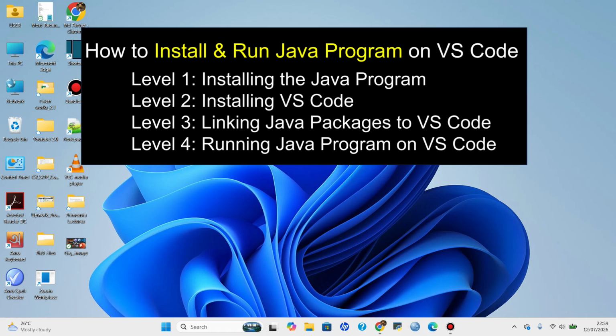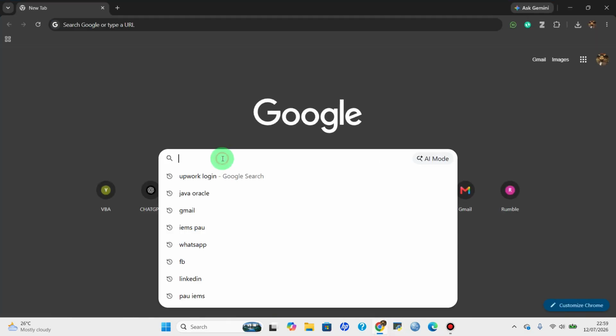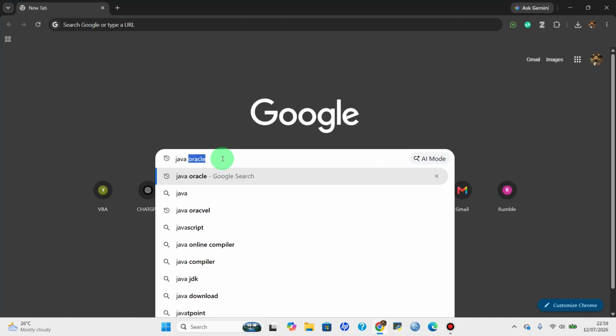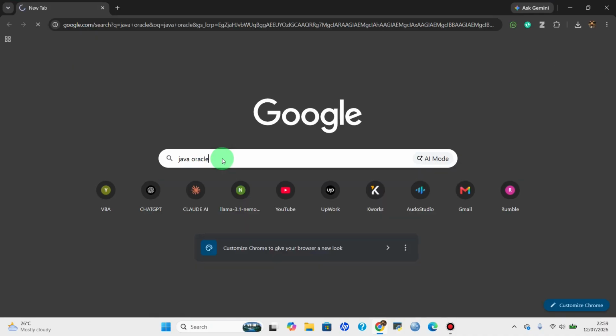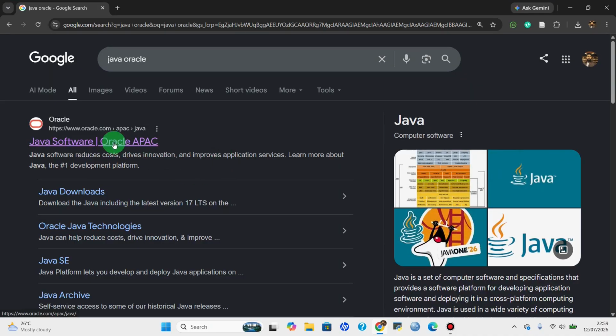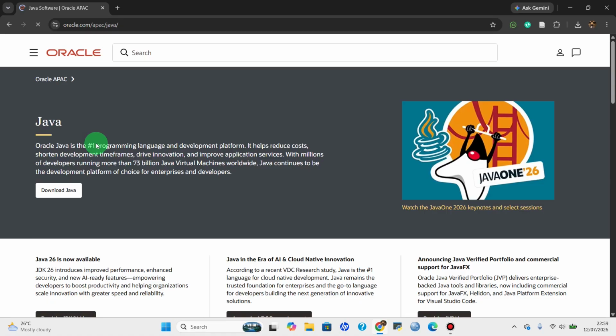Today we'll be seeing how to install the Java programming language and to run a simple Java code on VS Code. So first of all, we will go to our browser to install the Java language. We will type Java Oracle and we will select the first link from here. We will select download Java